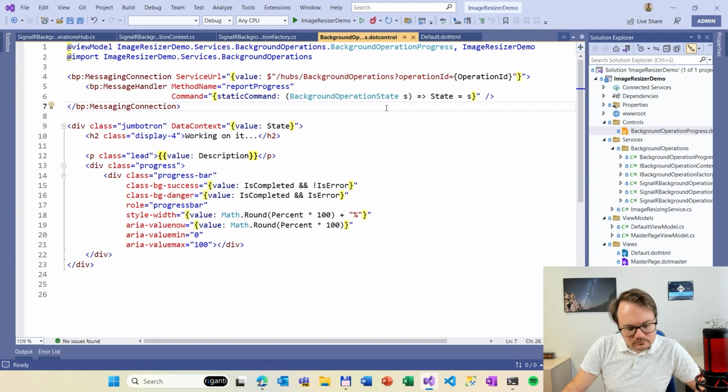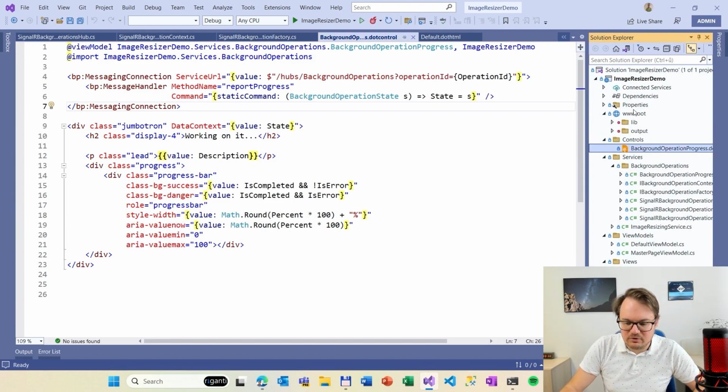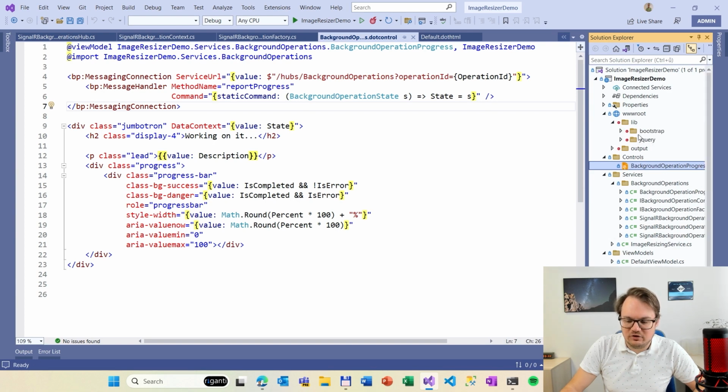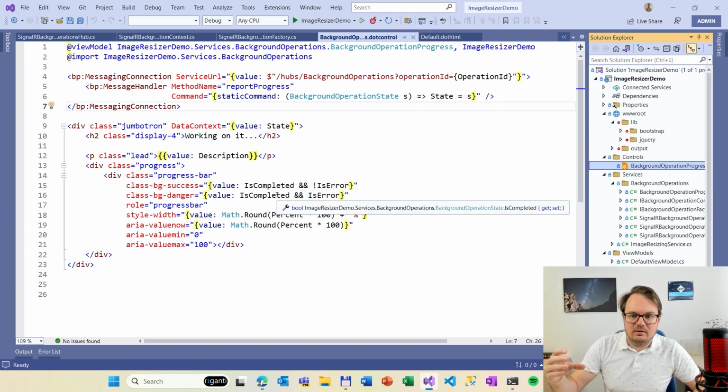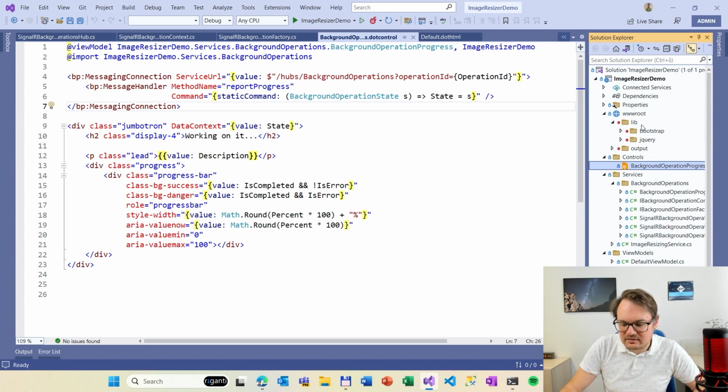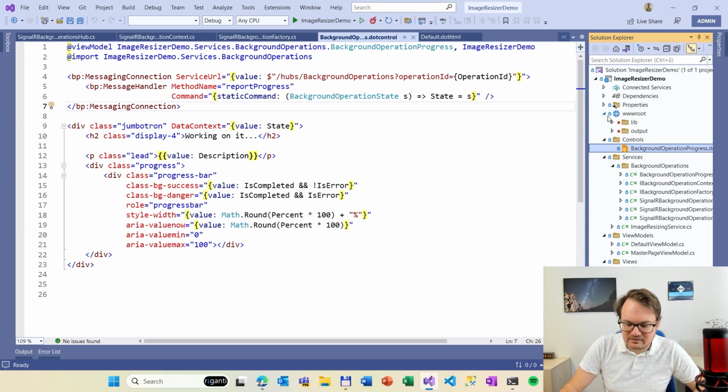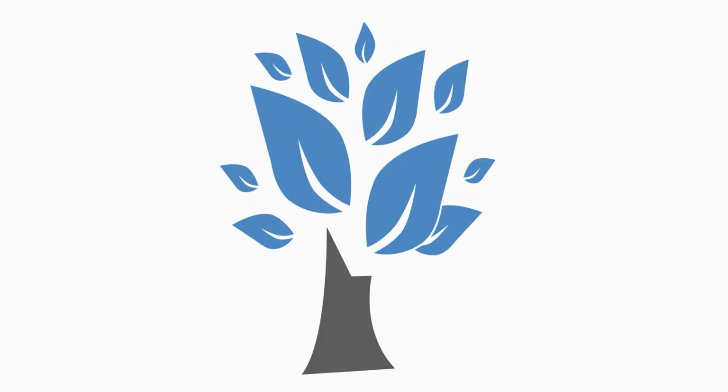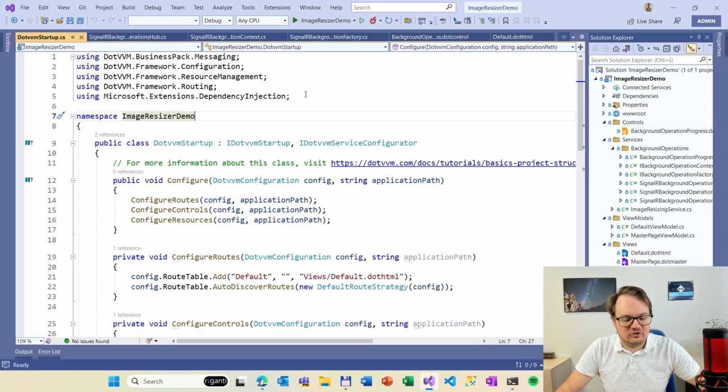And you can compare this sample to the previous version, which was using JavaScript. Here I don't need a single line of JavaScript code. You can see there are only C# classes and .dothtml files. Nothing, no JavaScript here in the wwwroot. There are only Bootstrap and jQuery, which are there basically because I'm using the Bootstrap CSS styles, but nothing else, no JavaScript involved. And the last thing you need to do to register these BusinessPack messaging components is to